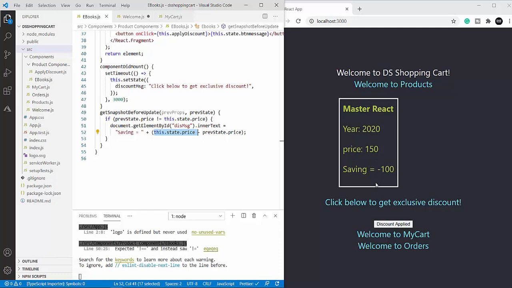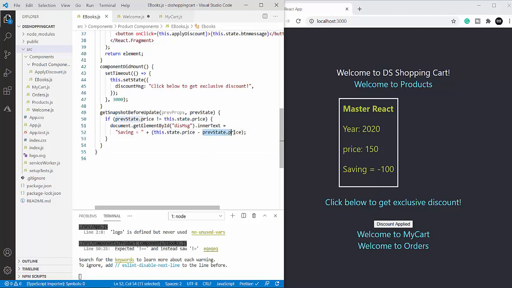I can retrieve the previous state or previous value from the memory of this component using this getSnapshotBeforeUpdate and use it for my logic. So I can show my customers that you are saving 100 rupees from the discount which was applied. So that is great.